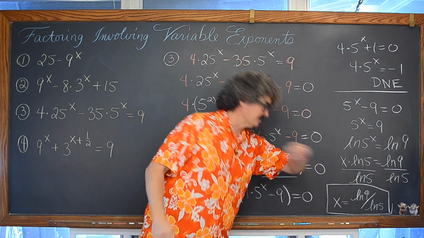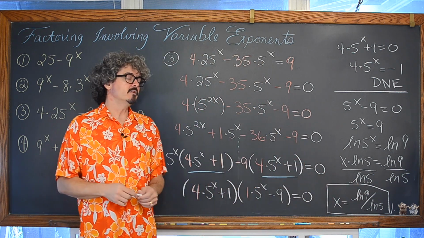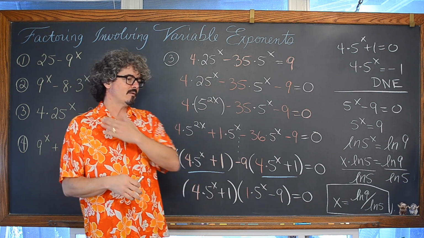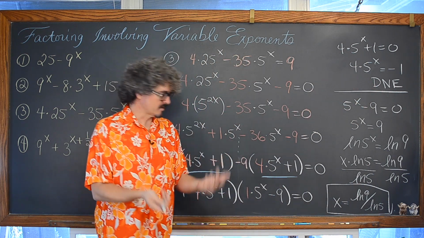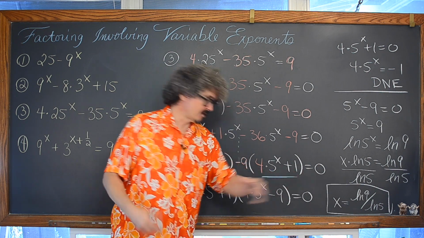So I'm writing an equal sign. If I were to put natural log of 9 divided by the natural log of 5 in my calculator and get a decimal, that's an irrational number. No matter how many places after the decimal you go out to the right, you're going to get an approximation, so I'd have to do a little squiggly equal sign instead of an x equals.